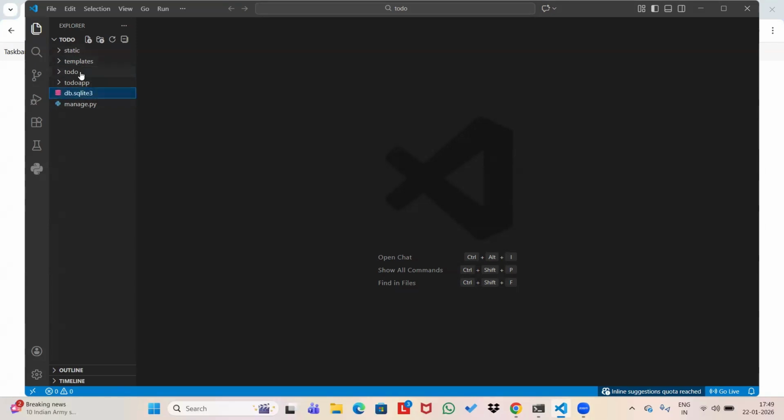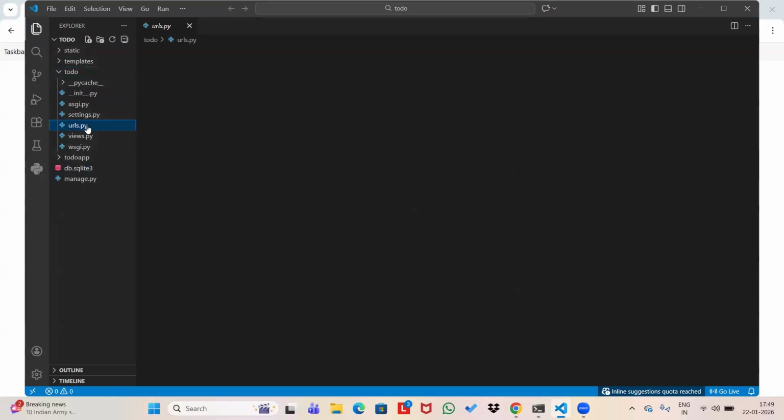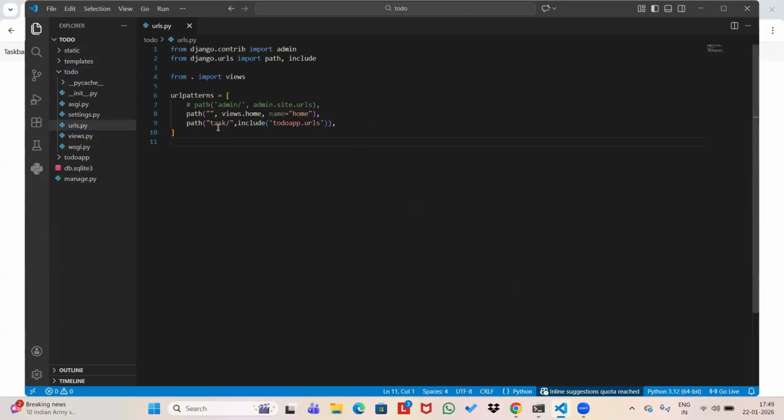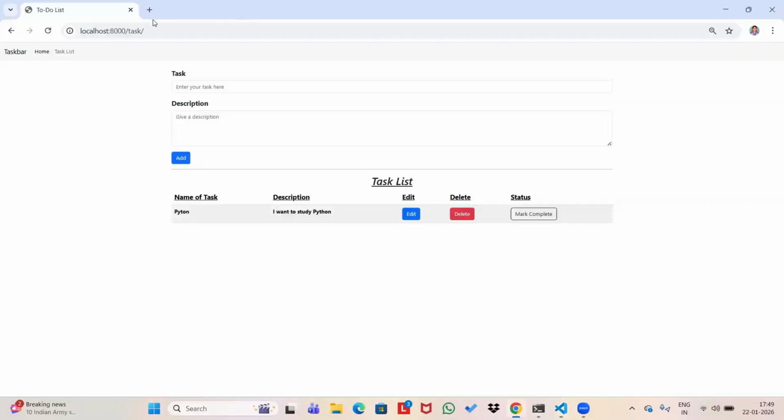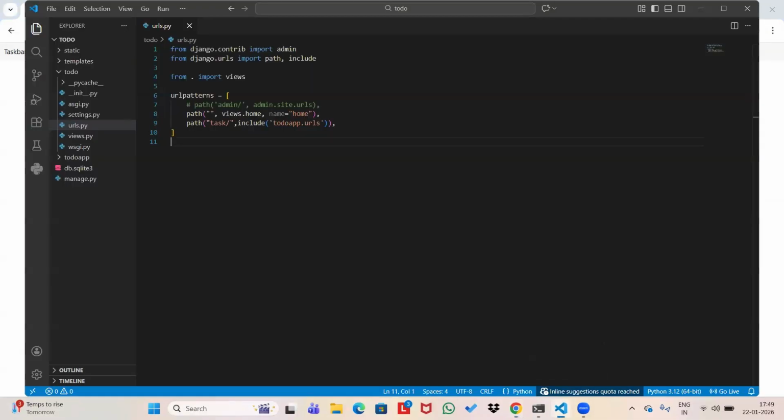So first let me show you the URL. Let's go to the URL of my project, and you can see this is my project URL. Now you can see localhost:8000/task. That means we are already inside the task. When the URL is localhost:8000/task/, it will directly go to the urls.py of the project, and here it will check whether it's matching or not. You can see that this route is mentioned over here. So it will directly refer to the urls.py of my app, which is the todo app. So from here the control will directly go to the